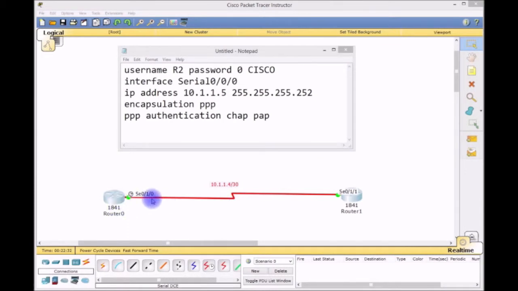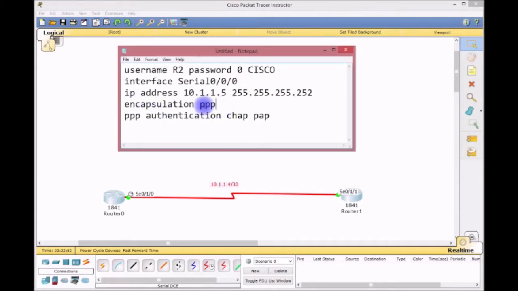If you're using Cisco, HDLC works fine on both. But if you're using any other vendor, it doesn't work, because HDLC is proprietary per vendor. That's why PPP came about: a multi-vendor wide area network protocol. So all you're doing is changing the encapsulation on the interface from HDLC to PPP and